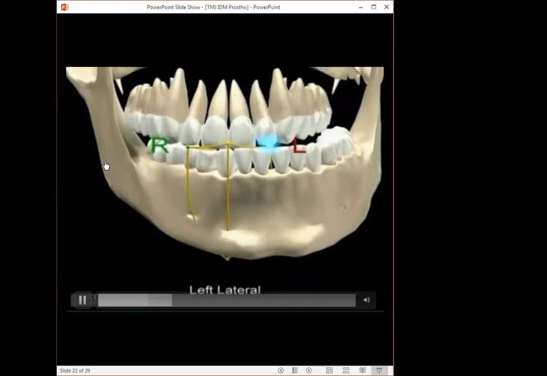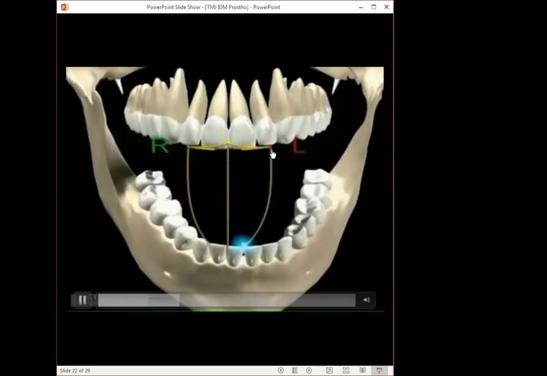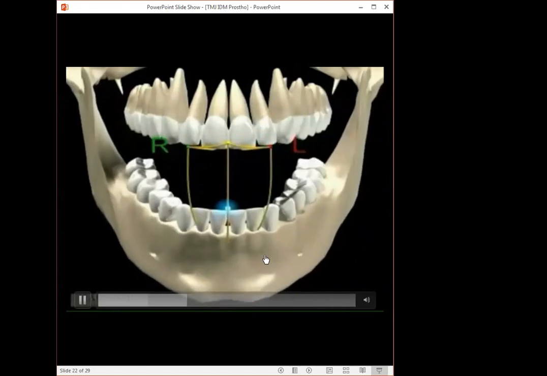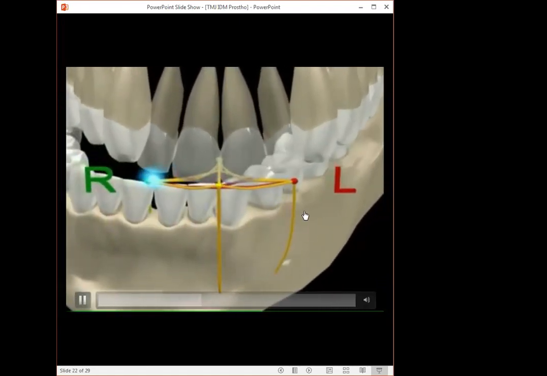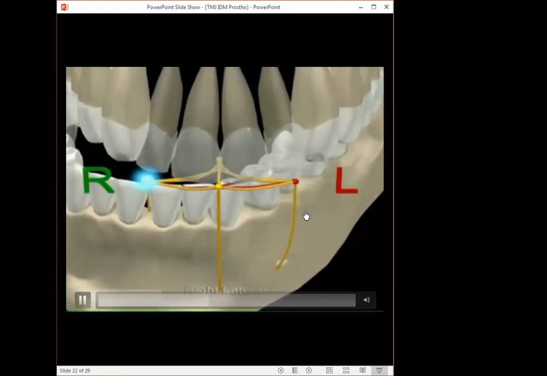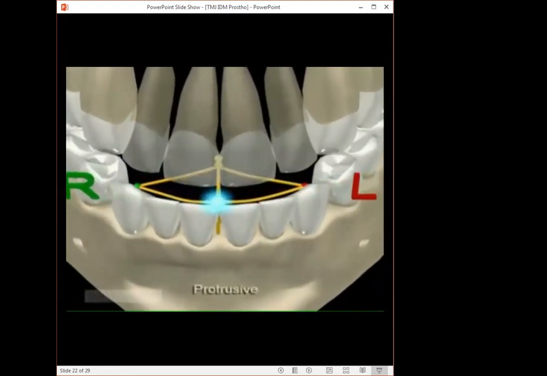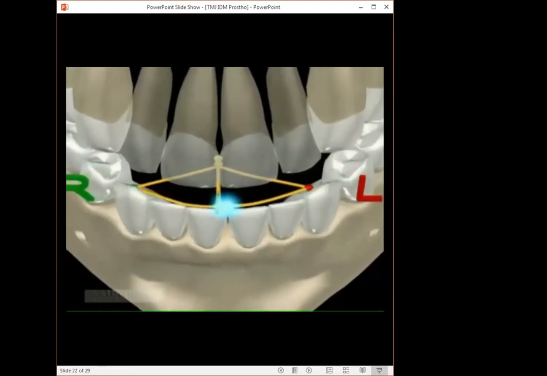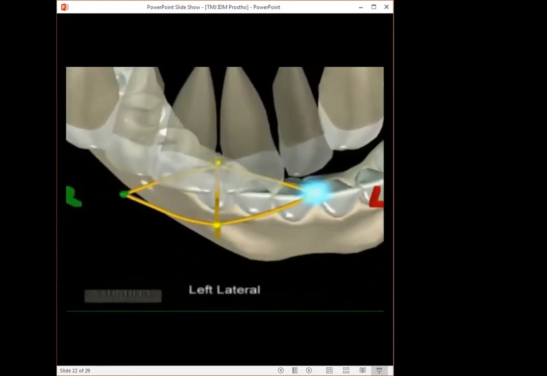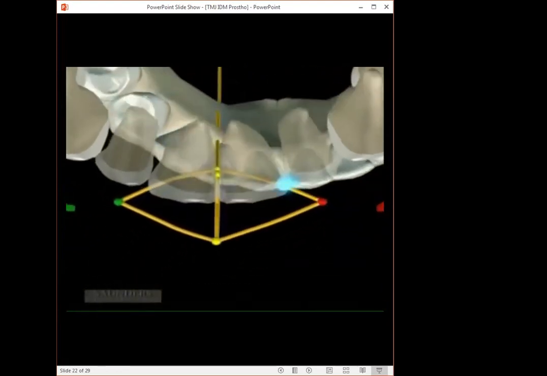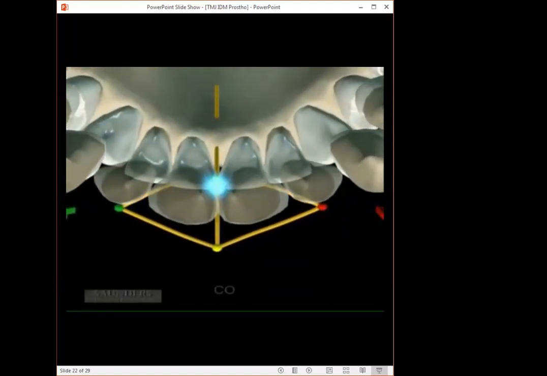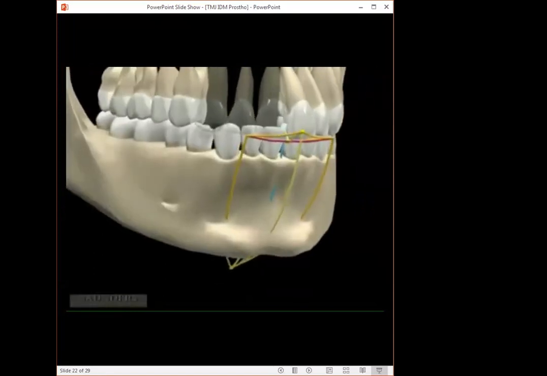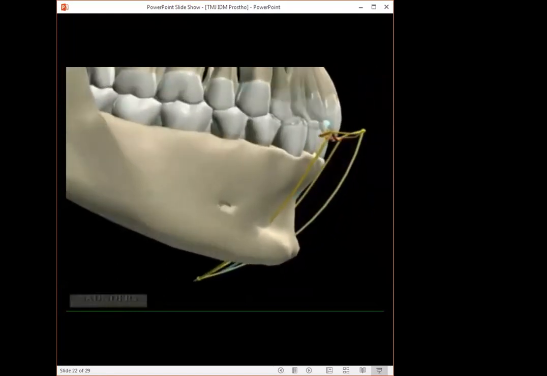Then come into complete intercuspal position. Then move again to the left, again move wide, and they have to close. So this is how you record the mandibular movement whenever you are going to replace the missing teeth. They will take this in detail when you go to second year and third year. This is a separate chapter in prosto where they'll be teaching you how to record the various mandibular movements.